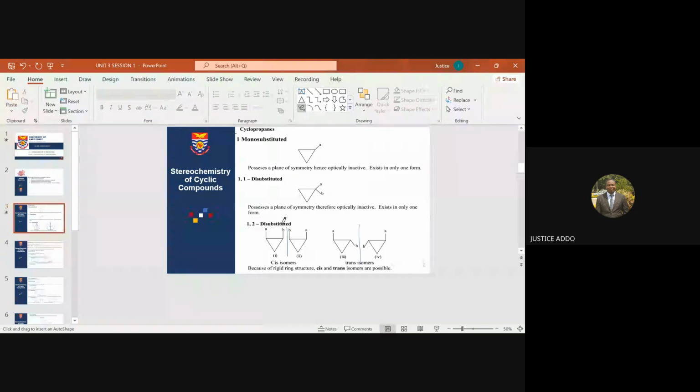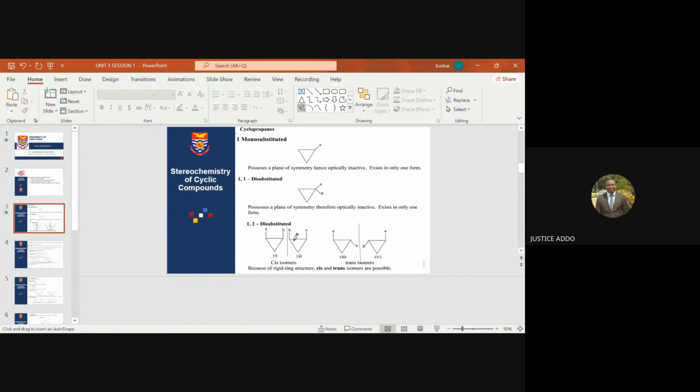A is not the same as B, so you cannot divide it into two equal halves. So there's no plane of symmetry. There's no line of symmetry. For that reason, these two compounds, I and II, exist as two different compounds